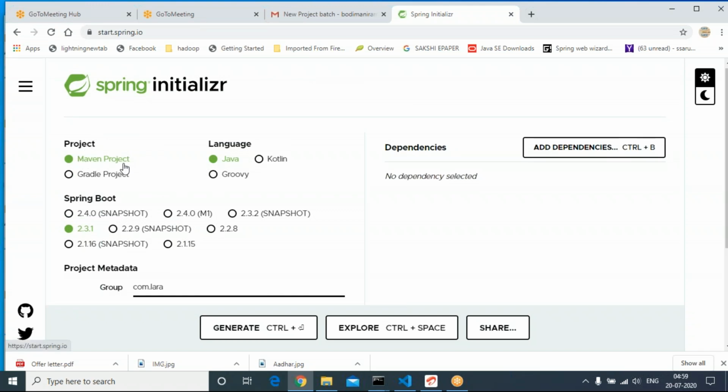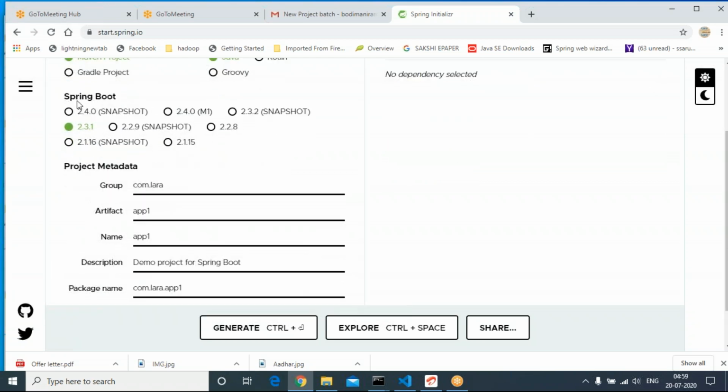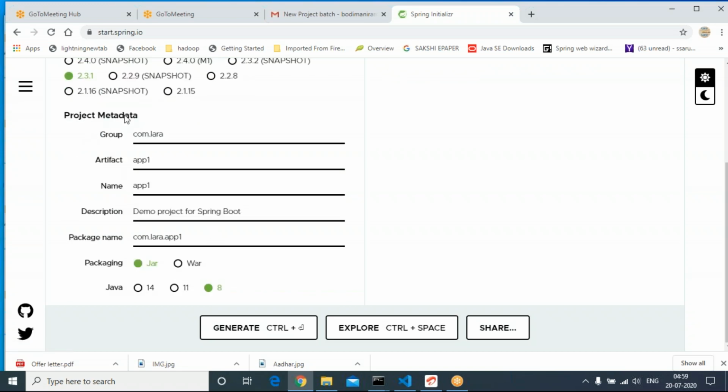Let us see once again. The project is a Maven based Java project. If it is a Java server-side project, it should be a Spring Boot type. What is the version of Spring Boot? 2.3.1. Then meta information of a project: under which group, and what is the name of the project.